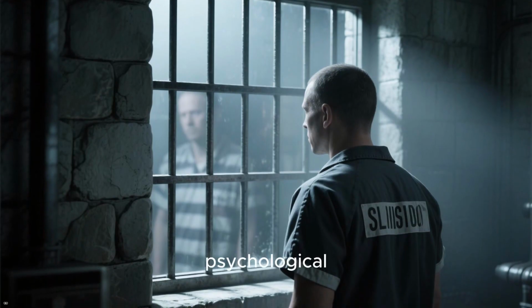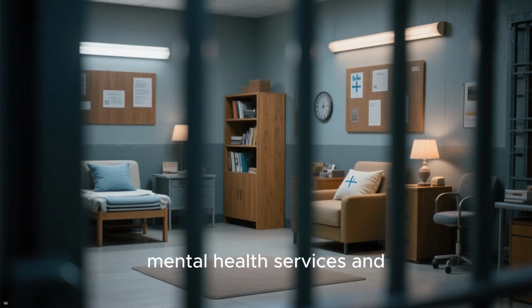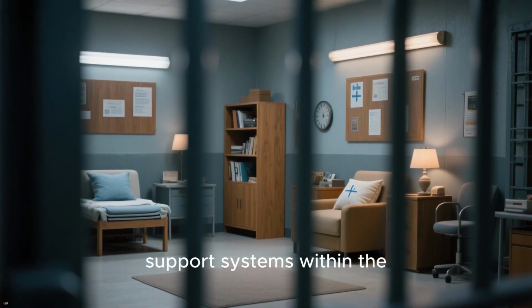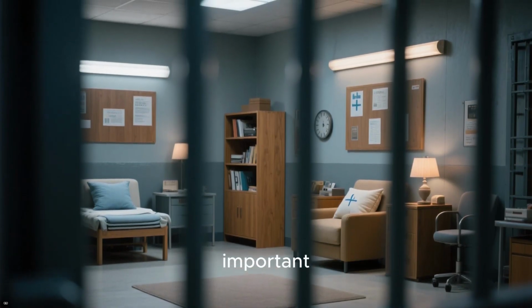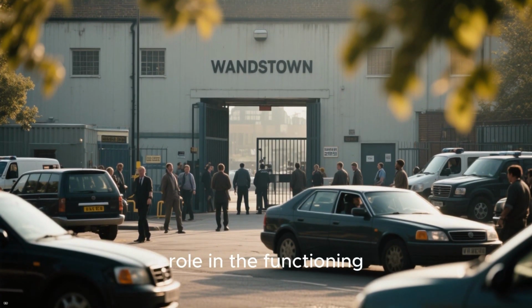Others struggle with the psychological challenges of isolation from the outside world. For these individuals, mental health services and support systems within the prison become especially important. As one of the busiest prisons in London, Wandsworth continues to play a crucial role in the functioning of the